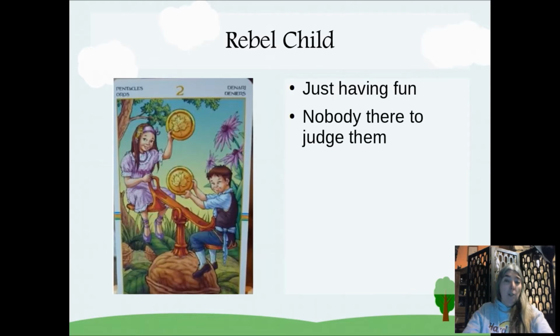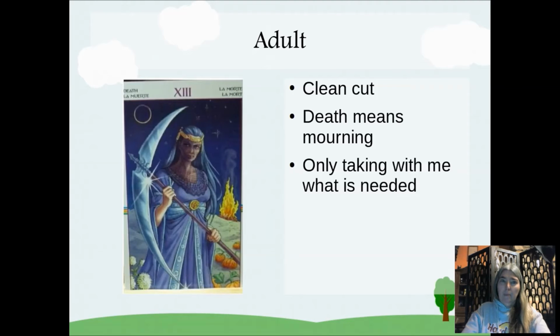And so I asked her for this third card, the adult one. And she came up with a death card. And while the death card normally shocks people, her first reaction was, "I said I want a clean cut. I cannot get a better card for a clean cut than that one. That's it." And there is a mourning part. Yes, I need to heal from all this.